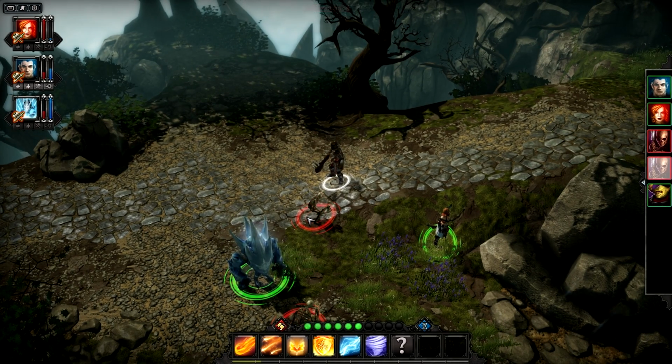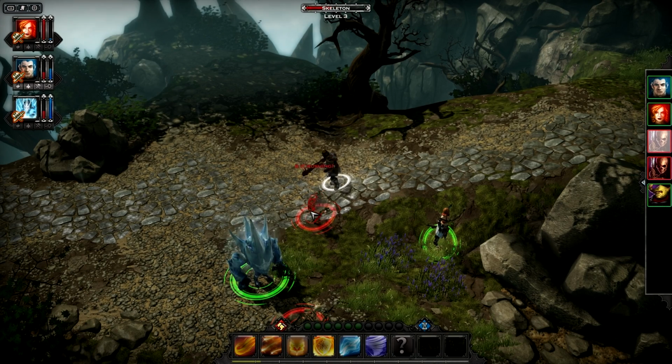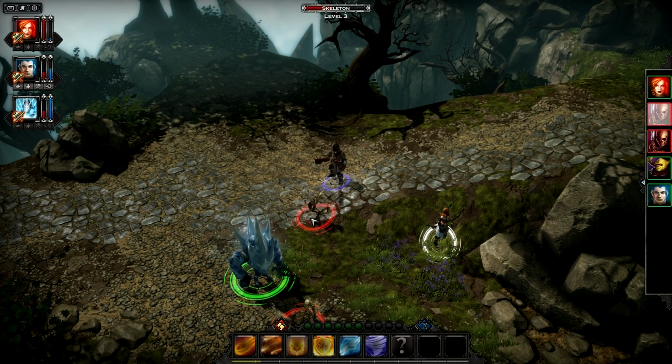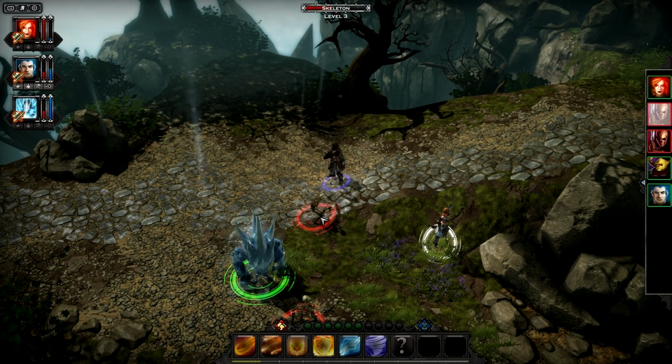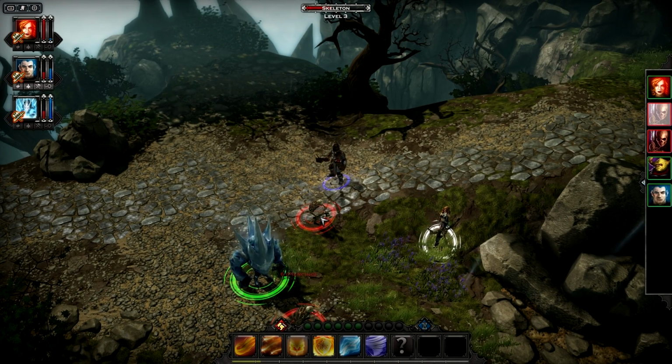Yeah, so that's freezing damage actually, but we're calling it water because a lot of the spells also, so the water skill tree is like storms and ice and